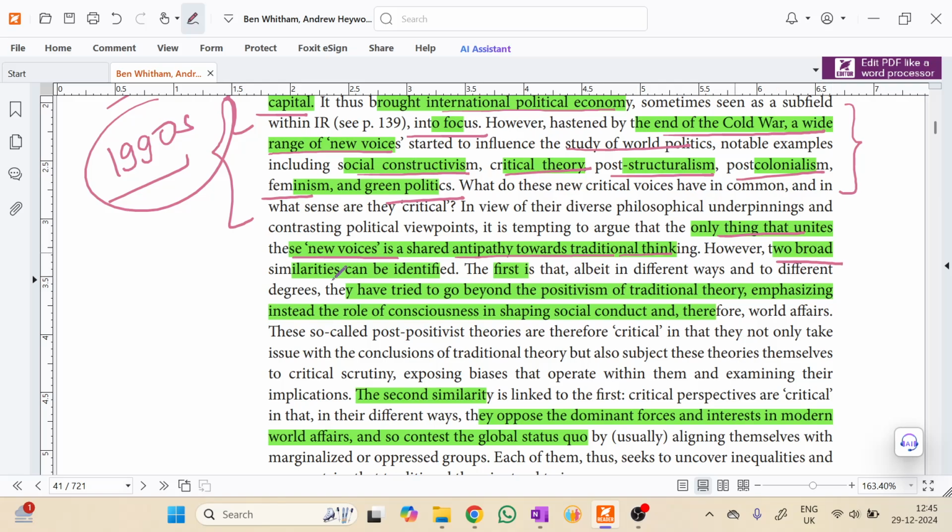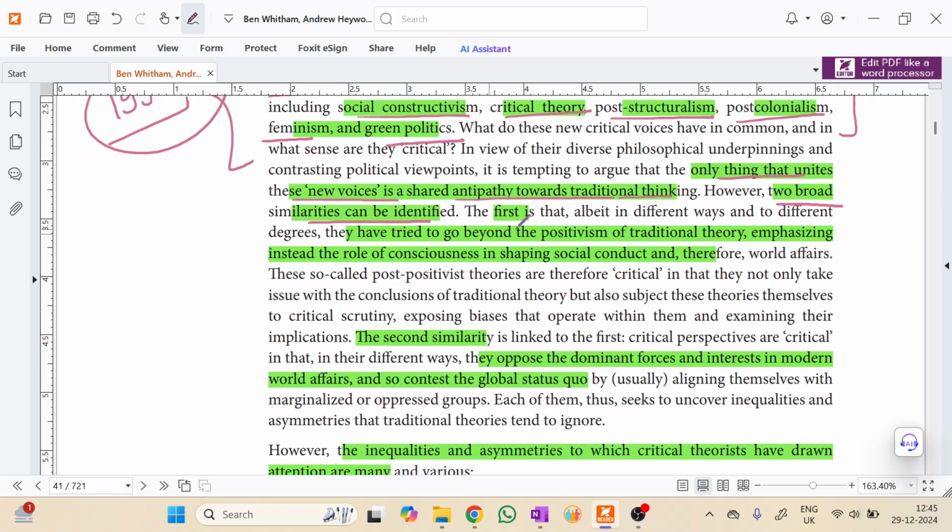But then two similarities can be identified. The first one is that all these voices, in different ways and to different degrees, have tried to go beyond the positivism of traditional theory, emphasizing instead the role of consciousness in shaping social conduct. So all the new voices, in the same way,